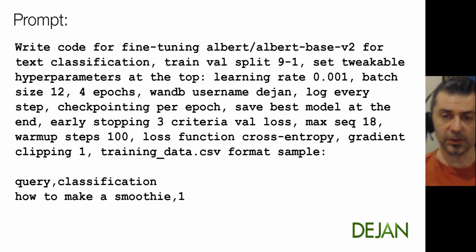So in this case, we're using validation loss as a criteria. Maximum sequence is 18. In this case, we're using 18 tokens for the maximum length of that training sample. Of course, if you're training for something longer than search queries, you will want a lot more tokens in there. Warm-up steps 100. This is one quirky thing with training models. They don't like to be trained very aggressively at the very start, so you want to ease into the training to avoid things like exploding gradients and whatnot.